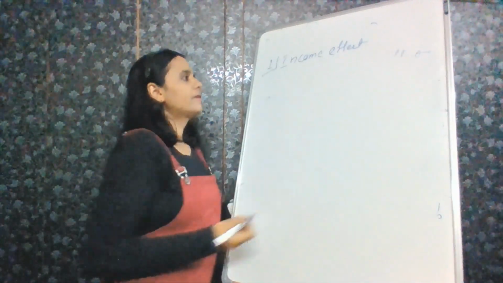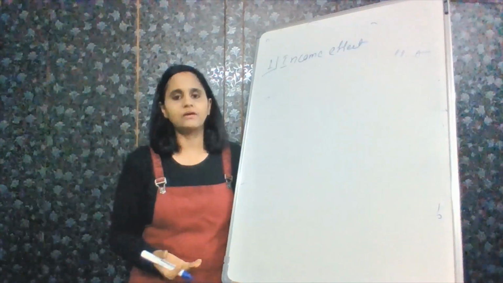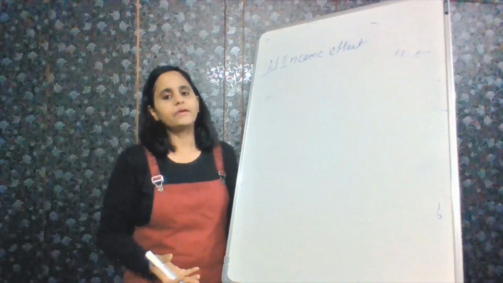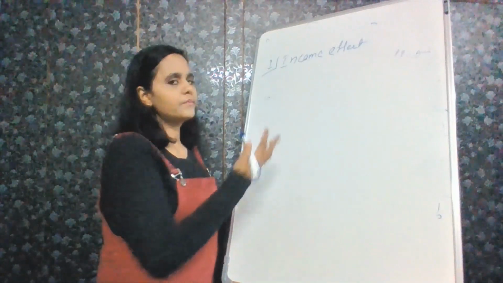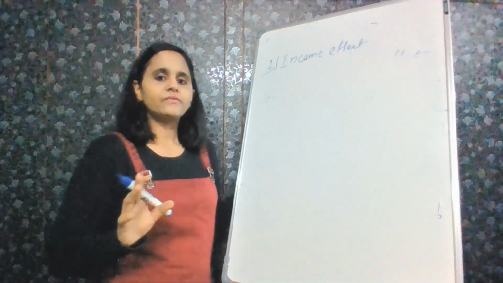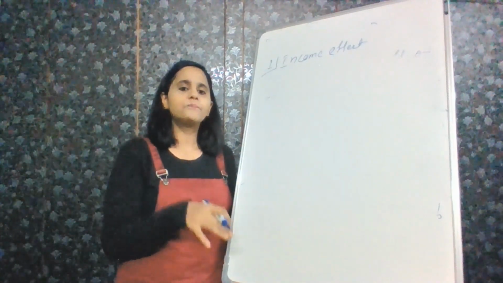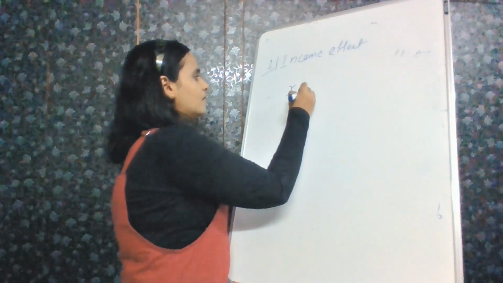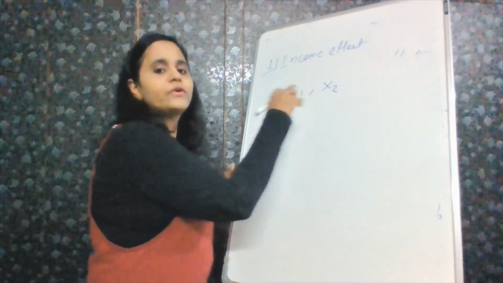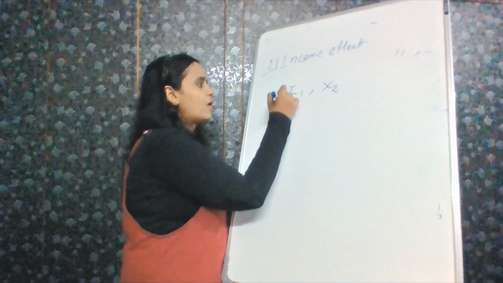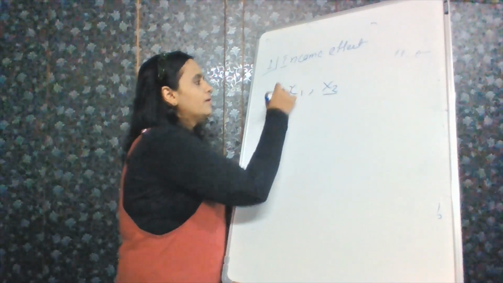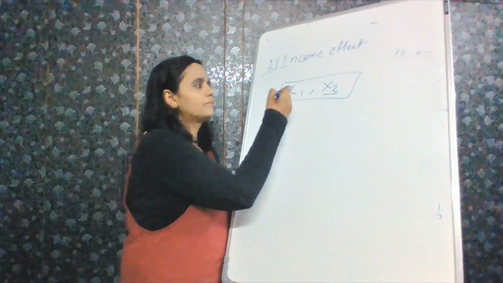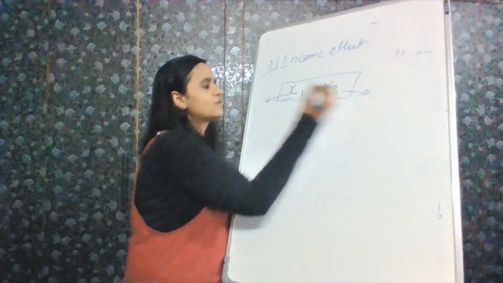Your income effect is what happens when your income changes, if your goods are normal. Last class I talked about normal and inferior goods and different groups, so I'll just give a brief recap. Consider how normal goods are impacted if your income changes. Consider a two-goods world, X1 and X2, where there are only two goods available to you, and you buy a bundle with some number of X1s and X2s.